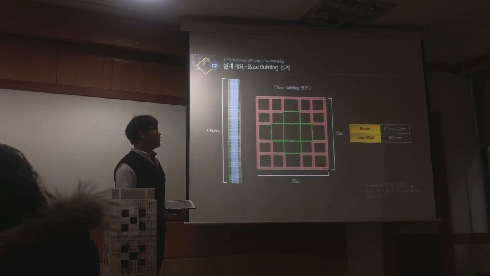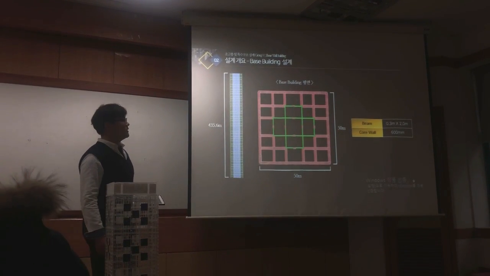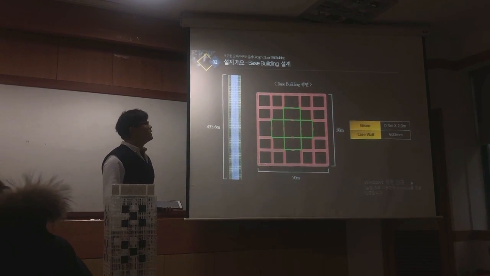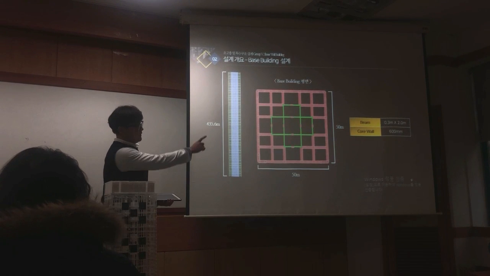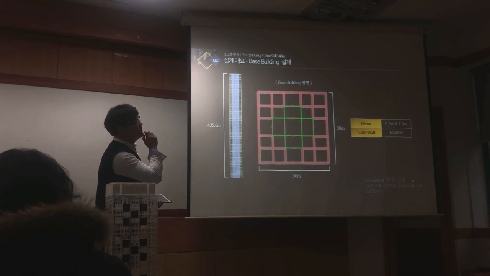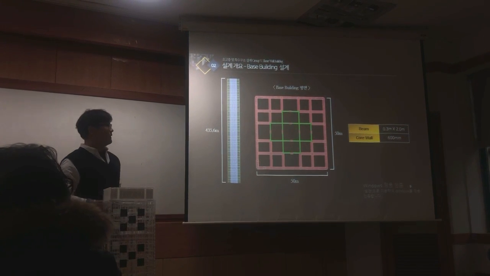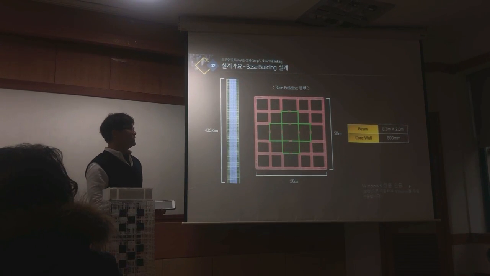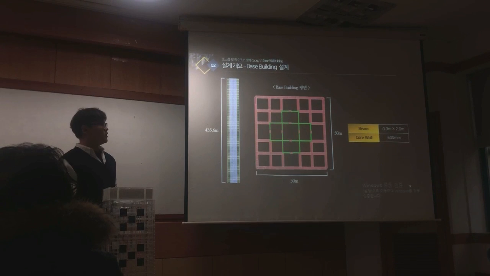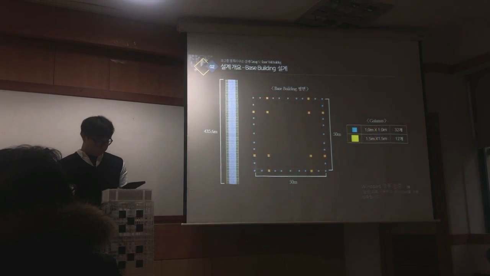And see this pink thing? Pink thing is actually beam. Its size is 0.3 meters by 0. Oh, there's a correction. Actually, that should be 0.2 meters. And the green thing is core wall, and its thickness is 600 millimeters. Next,